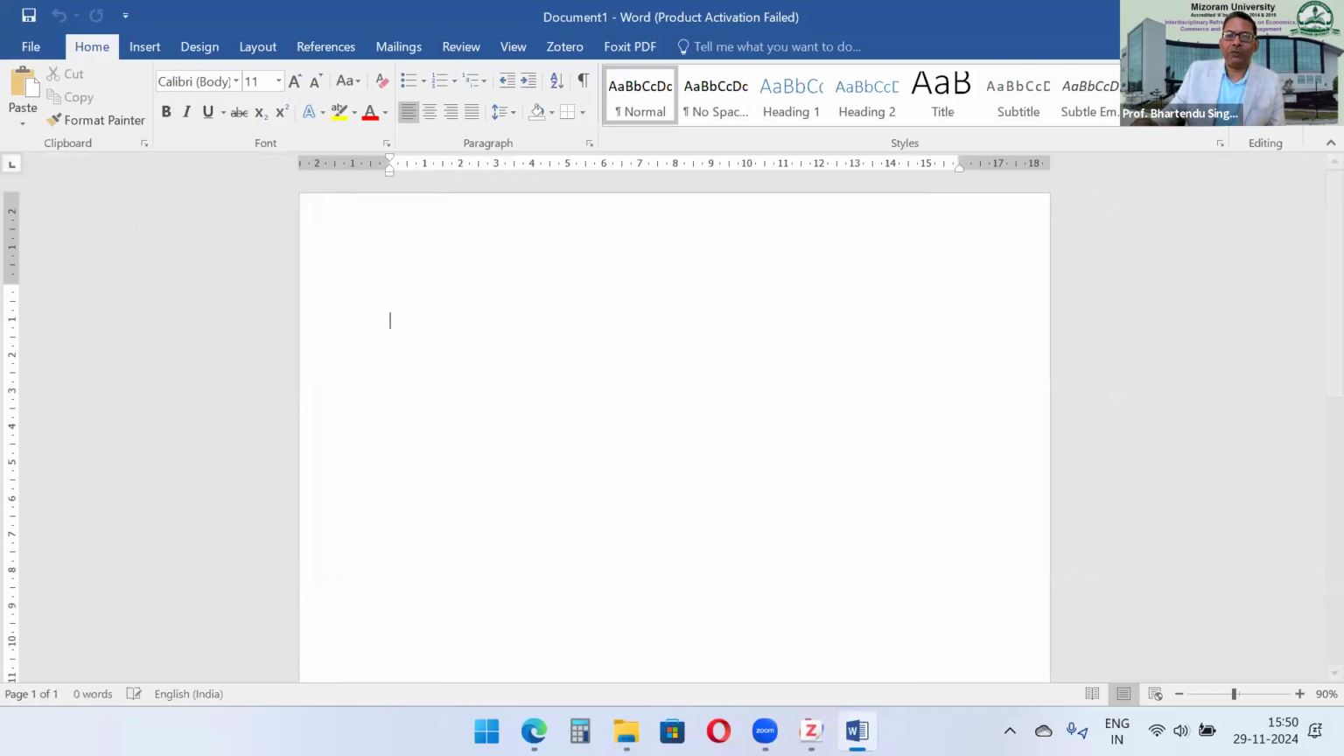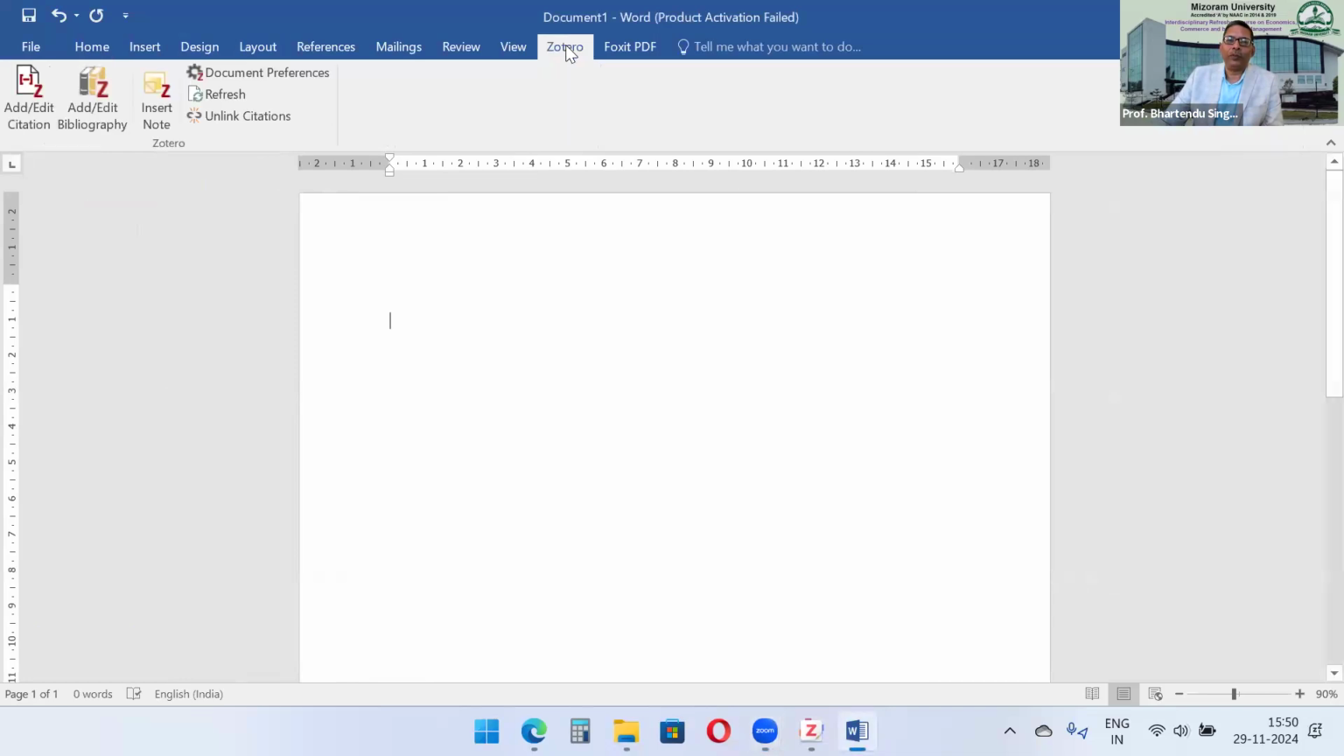Okay, this is simple MS Word. If you see on the top menus, we see one Zotero here. Click on this Zotero and these four items are coming. Now what is happening here is when you install Zotero for desktop, first it downloads, then immediately in the background,